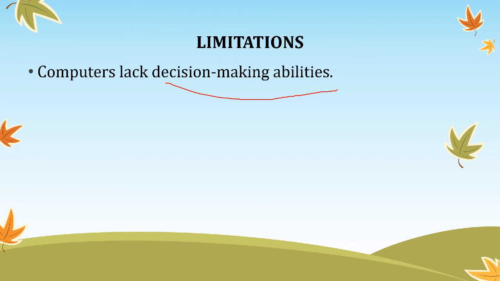For example, if you have an apple, what will you do? Will you throw it in the waste box? Yes, those who don't like apple will throw it. That's also one kind of decision making. If you like apple, what will you do? You will eat the apple. You know that apple is good for health and you will eat it, right?